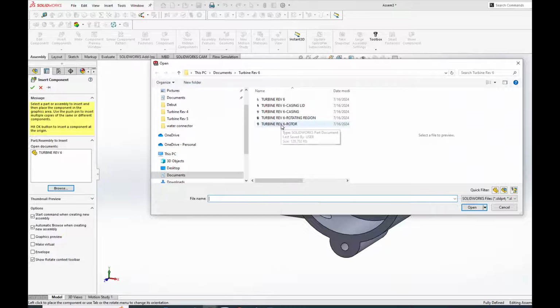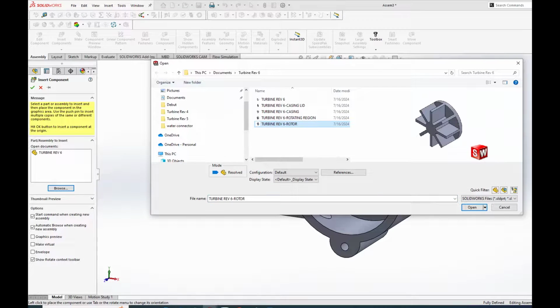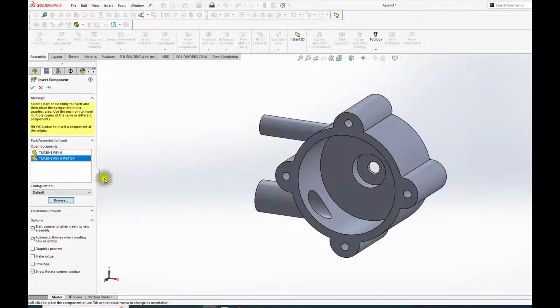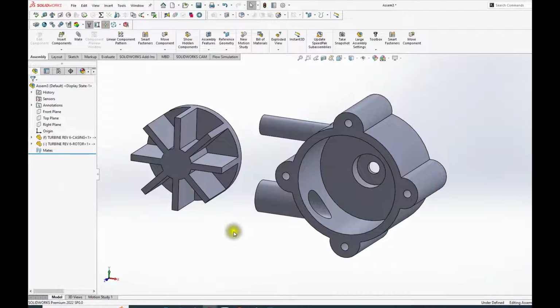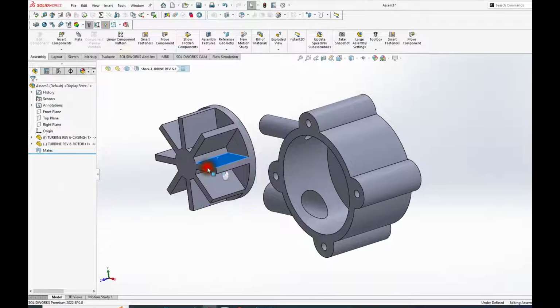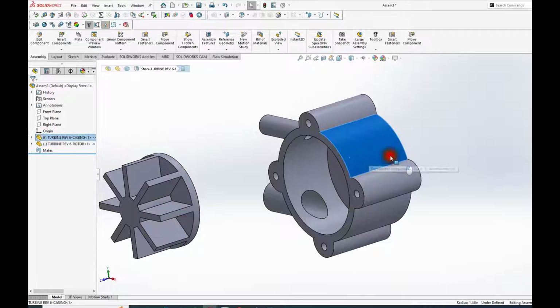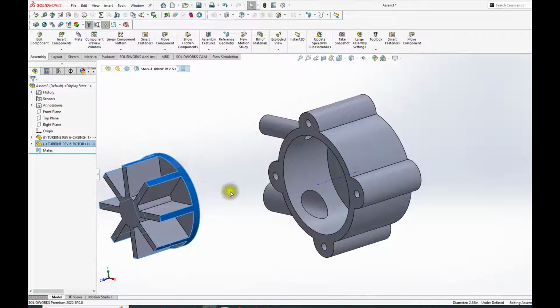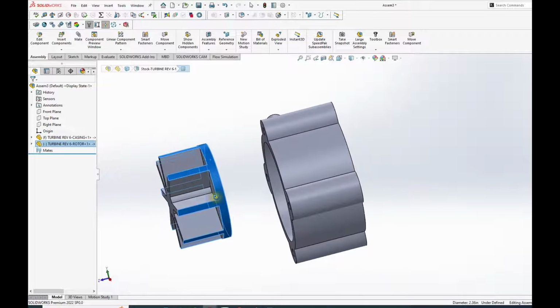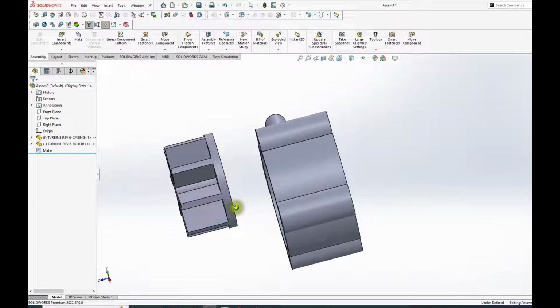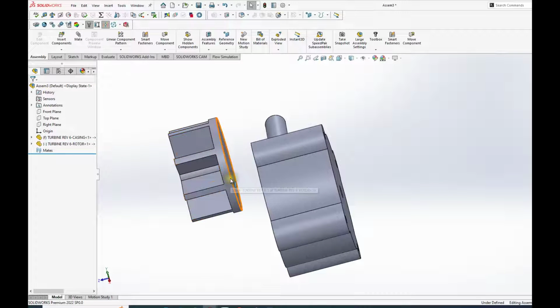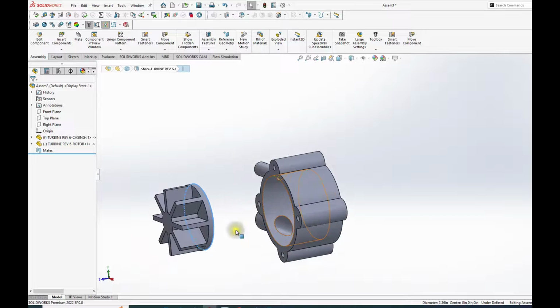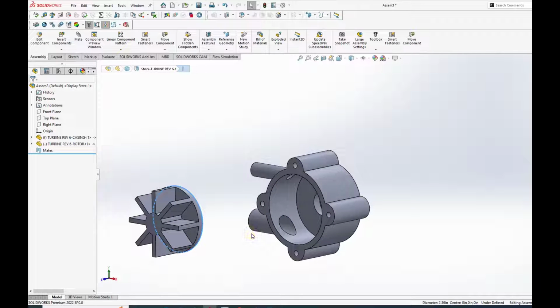The rotor. So I got the rotor, and from that rotor we're gonna move that rotor somewhere here, and what we're gonna do, this is fixed, so it cannot be moved, and that's good. It's good the way it is right now. So what I'm gonna do is this part here and this part here,